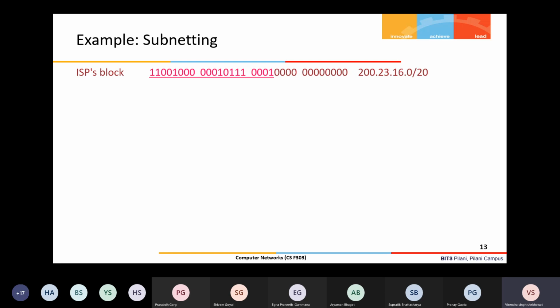So let us take one example: this is a service provider. This service provider has one block of IP addresses assigned to it. Who assigns? There is a central agency, I forget the name, I think it is ICANN or something. That assigns unique IP address blocks to the service provider, which the service provider can give to customers, like an educational institute or any company, industry, or organization.